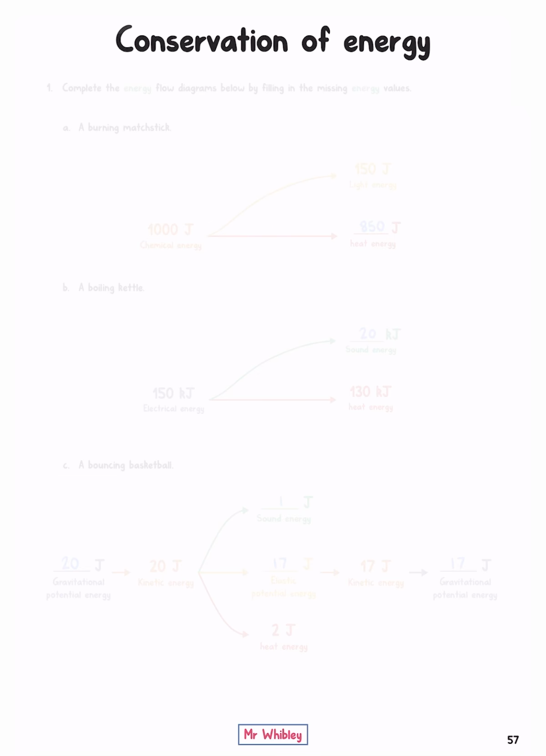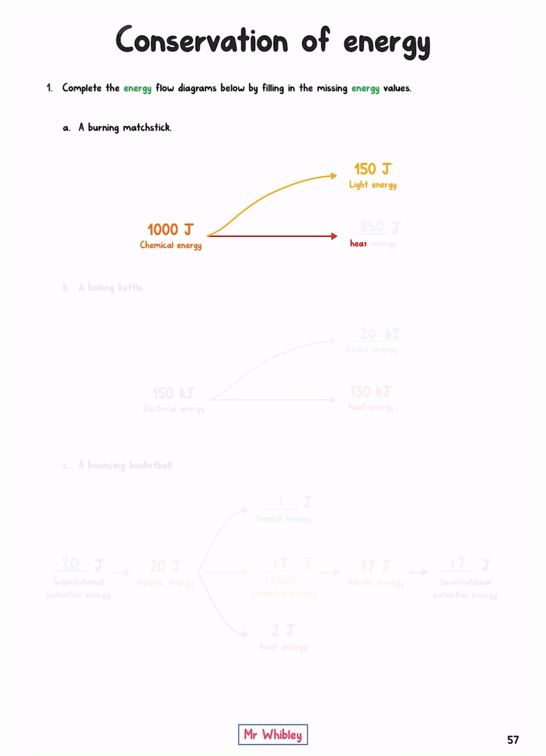Conservation of energy. Question 1. Complete the energy flow diagrams below by filling in the missing energy values. Section A has a burning matchstick, where we have 1000 joules of chemical energy being converted into 150 joules of light energy and some amount of heat energy. This amount of energy is simply the energy left over from our 1000 after we've subtracted our 150 light energy,